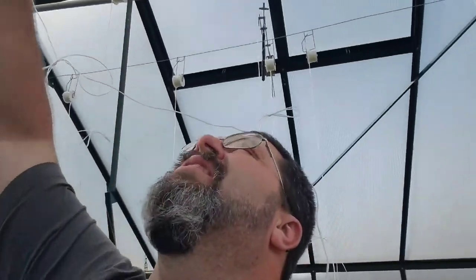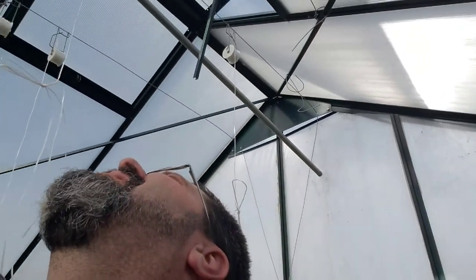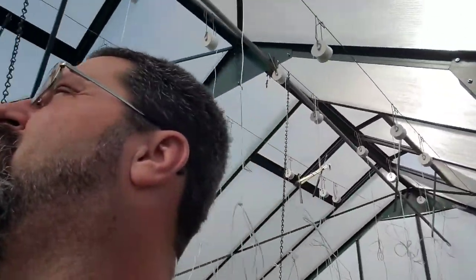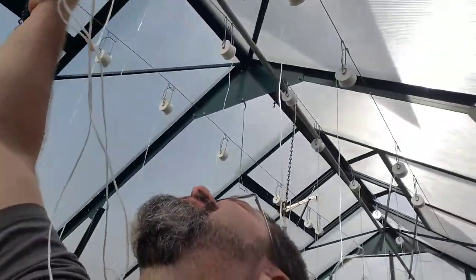While we're finishing up here, I'm going to open up some more vents. We got one automatic vent on the greenhouse, and I've got another one to install. We had 3 on it, and 2 of them broke last year. So we've been doing the manual thing, opening these vents. And if you know anything about lettuce, you know lettuce doesn't like it hot. So I come out every morning around this time. Now as the days get hotter, this has got to be done quicker. But I come out about this time every morning